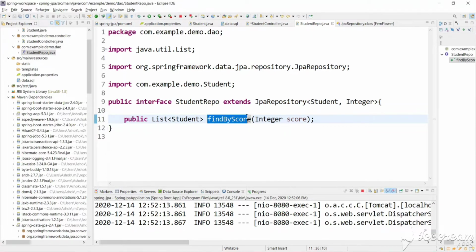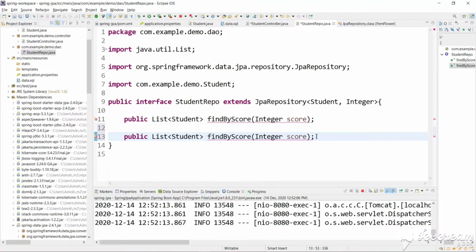Suppose you want to find the student details by name, we can write findByStudentName. Let's have the same method, findByStudentName, and it will take a String.